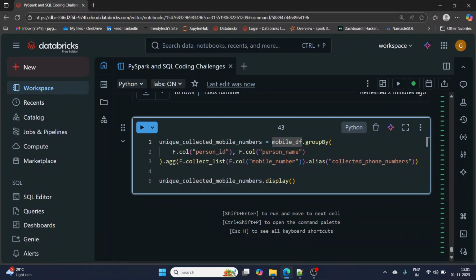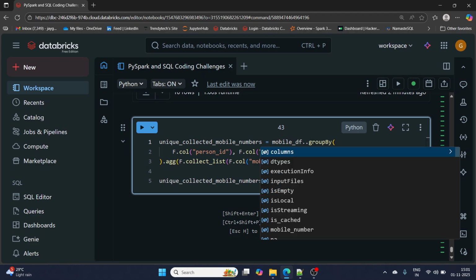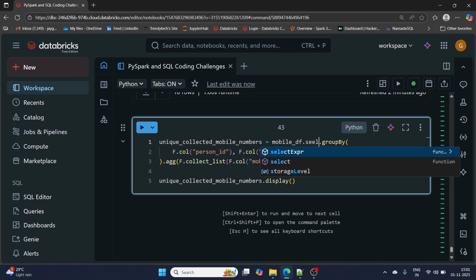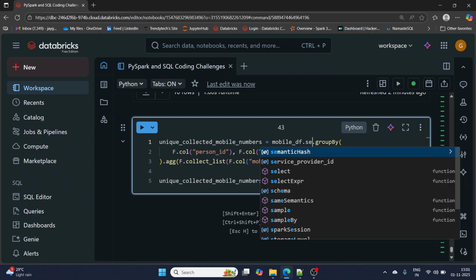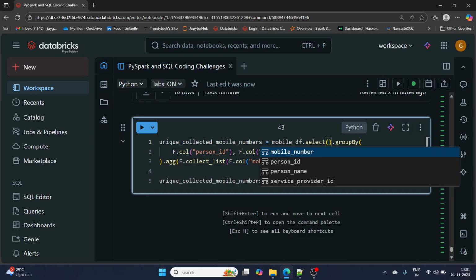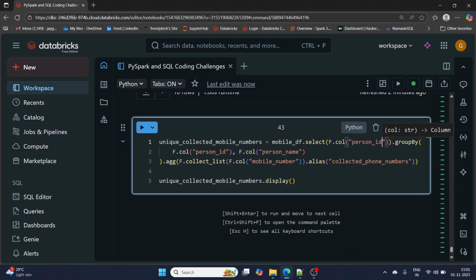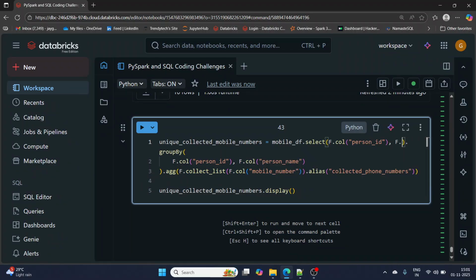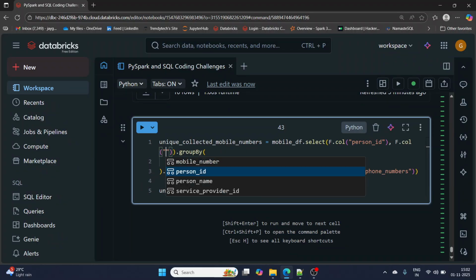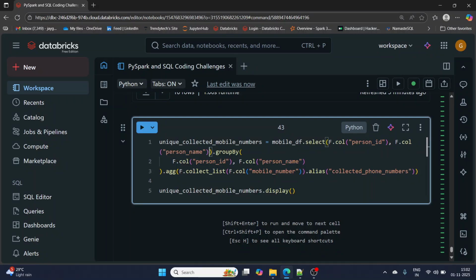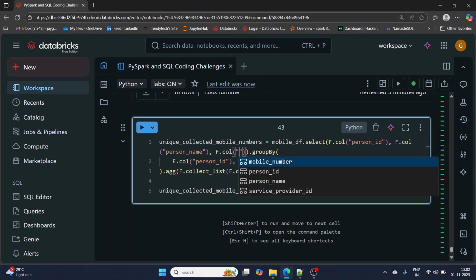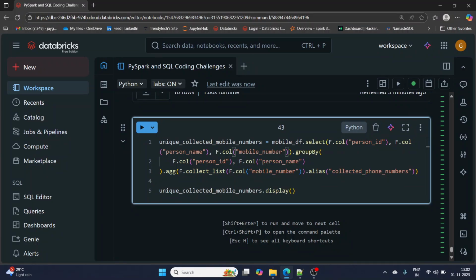While using distinct, as I explained in my PySpark series, we have to select the columns first on which we want to apply distinct. So the first column is person ID, the second column is person name, and the third column is mobile number. And next is distinct.